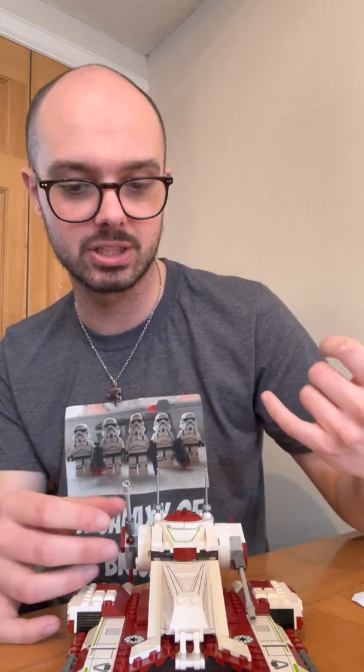And I'll admit I was sceptical and I was a bit of a detractor. I didn't think as a set it was going to work. I didn't think it would be as interesting as it is. Yes, it does have its problems. So obviously you've got to be very careful with the front hatch, the back hatch, and the rampway doesn't actually allow you to slot a minifigure in, but you can fit one in the front and you can fit one in the top hatch. And obviously the flick-fire missiles do hinder it shooting up into the air. But again, it's not a deal breaker, because you're getting a good minifigure selection for the price that you're getting,